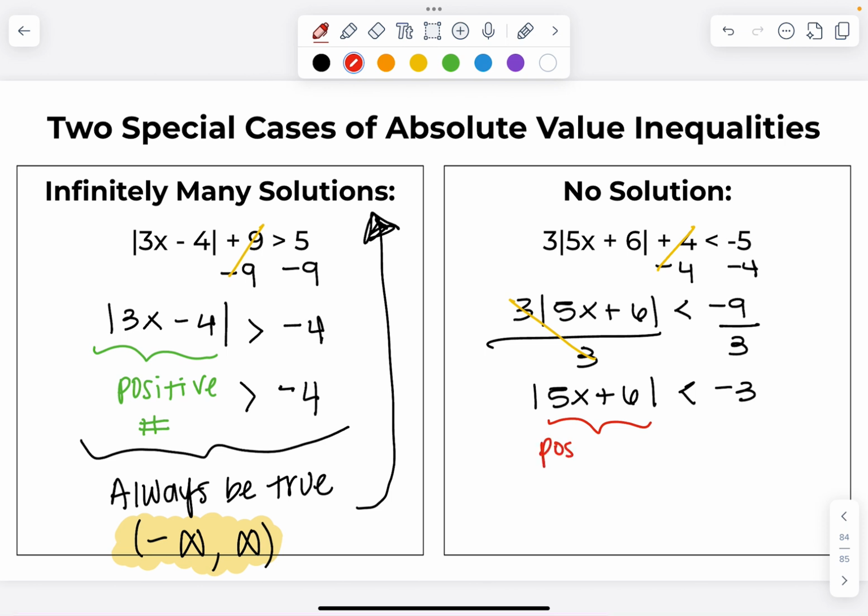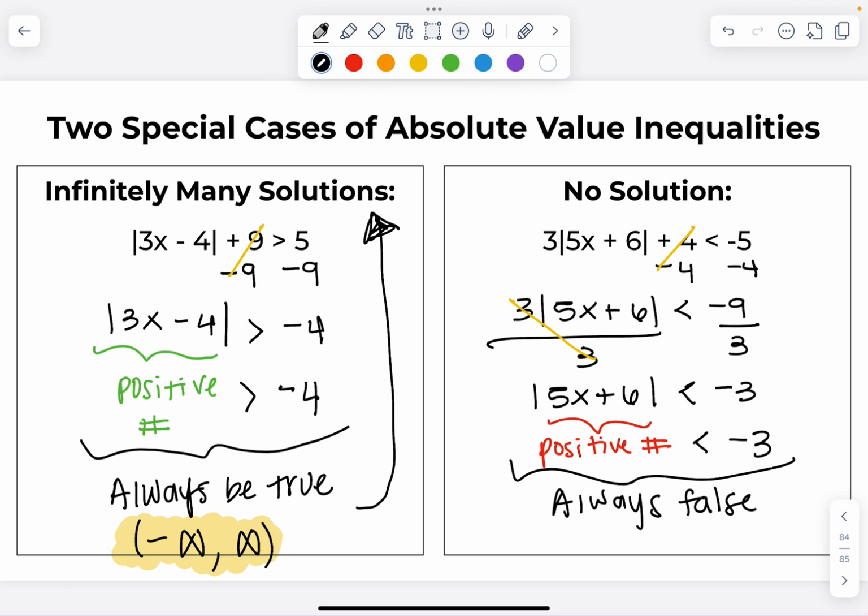Now, again, I'm going to put this in red. This is going to be a positive number, less than negative 3. This is always false, no matter what x value we have, because absolute value results in a positive number. When we have a positive number, it doesn't matter what positive number it is, it's not going to be